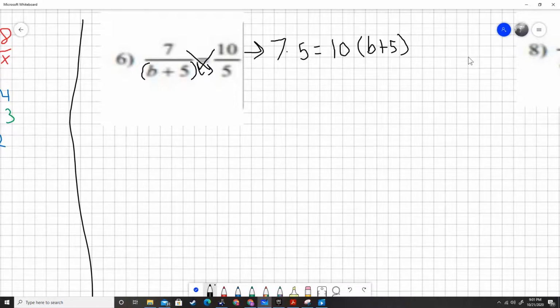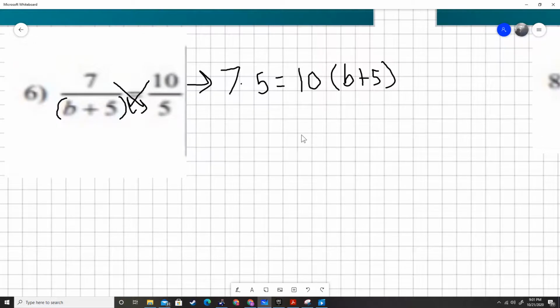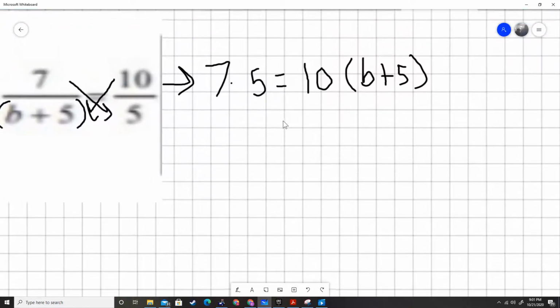So let's take a look at the math we have going on here. You may notice this has a set of parentheses on it because I said I'm multiplying 10 by that whole other denominator. So now that we know that, we have to simplify. Right here I have 7 and 5. 7 times 5 gives me